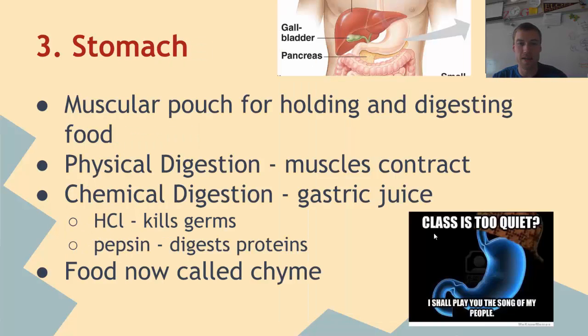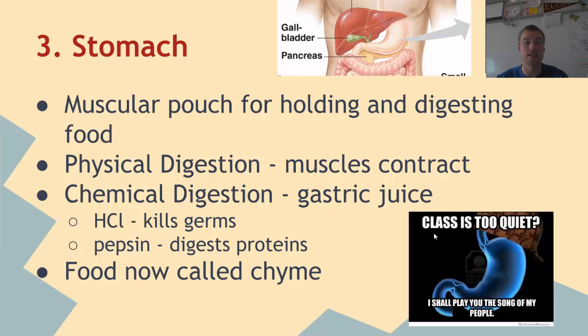Once we get into the stomach, this is a muscular pouch that is used for holding and digesting food. We have both chemical and physical digestion that are going to occur in here, just like in the mouth. Physical digestion is done by muscles, which are contracting and squeezing it up. Think about if you've ever made scrambled eggs in a plastic bag, right? You take the plastic bag with your eggs in it, you squish it up. That's the same kind of thing that's going on with your